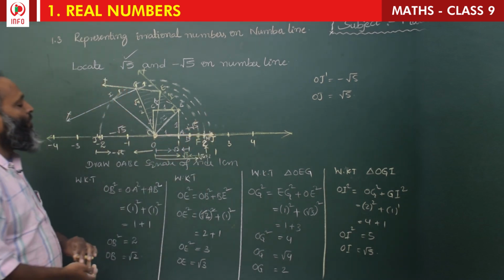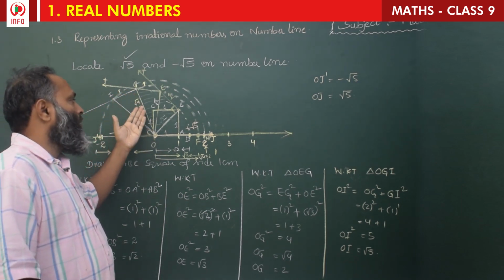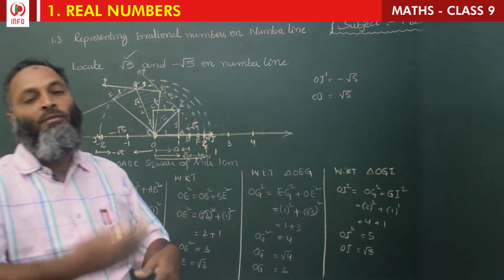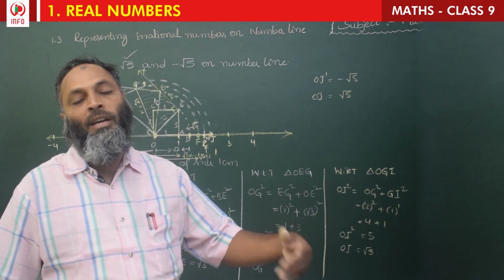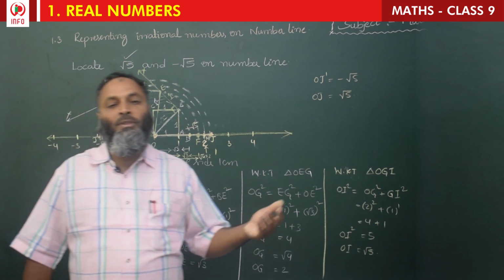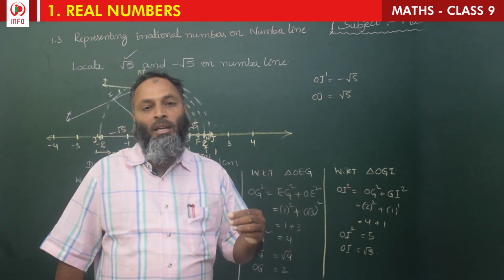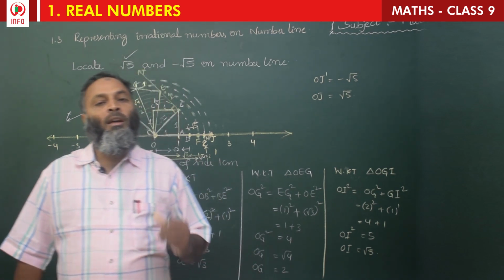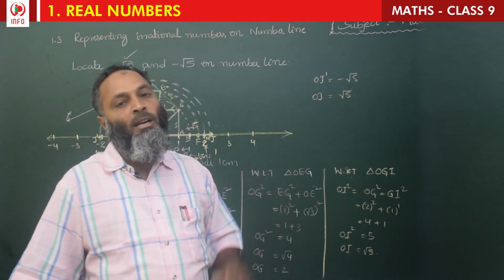In this way we should go from plus root 2, root 3, root 4, root 5, till root 5 we should go 1 by 1. If root 6 is given, one more time we should do root 7, root 8, root 9, root 10, whatever he is asking, according to that number of times we should draw, and we should mark a point on a number line. This is the method to represent irrational numbers on a number line, with the help of protractor, scale and compass.